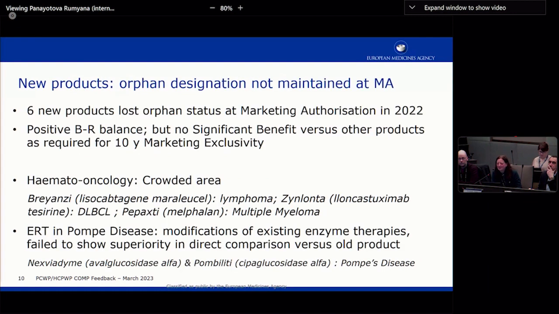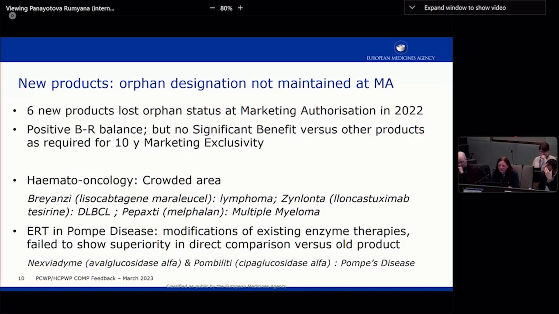Next slide. I can't discuss them all in this short time frame. Sorry, I would love to do that, but there's no time for that. But maybe you're not aware that it can also be the situation that, on its own, the benefit-risk is positive for a product, but it's not significantly better than anything else that's authorized in the meantime. And that happened to 6 products last year. And so they are authorized.